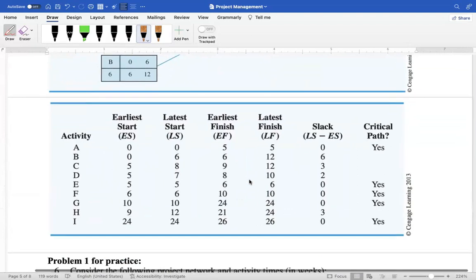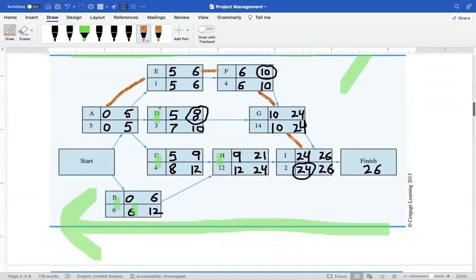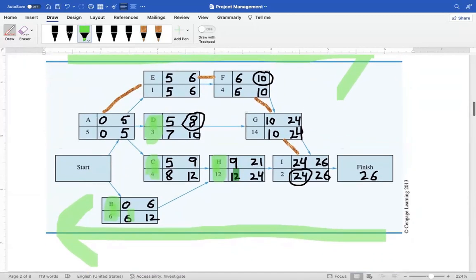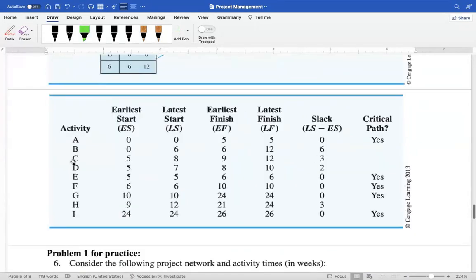Now, then we make a table, and in that table, again, we subtract EF, that's earliest finish time, and latest finish time. So 5 minus 5 is 0. Activities B, C, D, and H have some slack. B, C, D, and H, these are the activities that have slack, which means they can be delayed and your project will not be affected. All other activities,